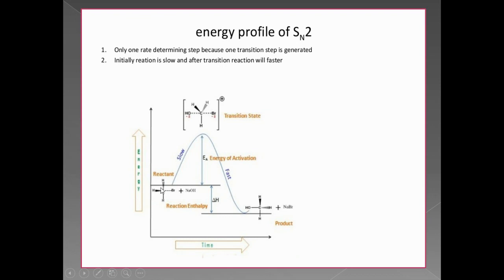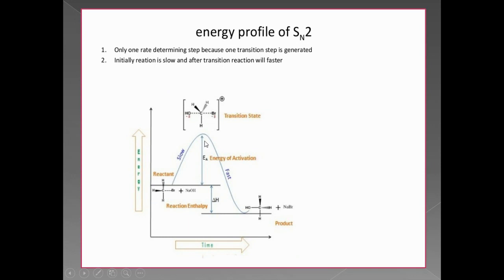The substrate is initially at a higher energy level. NaOH will attack this methyl bromide, and the energy rises initially because of the approach of the OH negative group toward the carbon, and there is certain bond making and bond breaking taking place, and that's why the transition state is at the peak. Here the OH bond is forming, Br is just leaving the molecule, and there is no carbocation state, just like in the SN1 reaction.